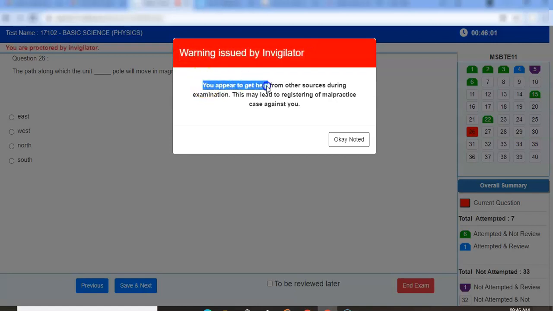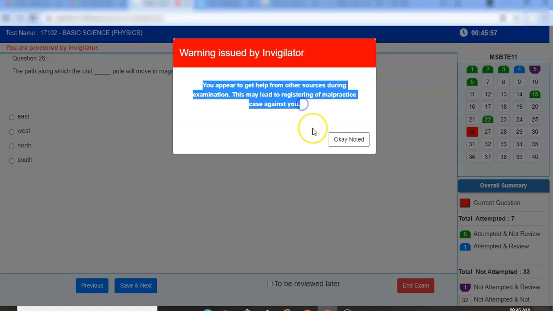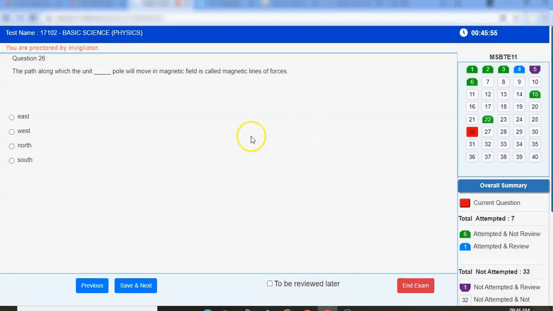This may lead to registering of a malpractice case against you. You will receive these kinds of notifications if any kind of malpractice is observed by the invigilator from your side. The invigilator will be continuously monitoring you and may send messages if you do malpractice.